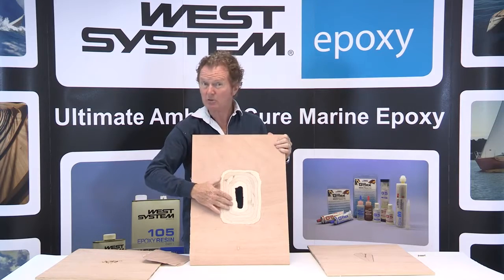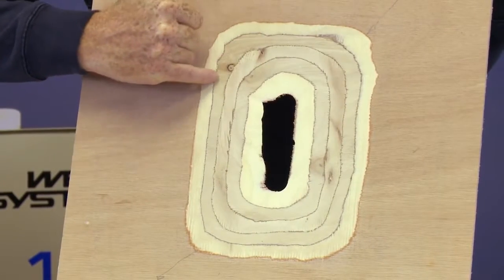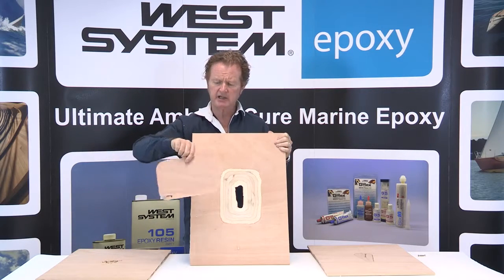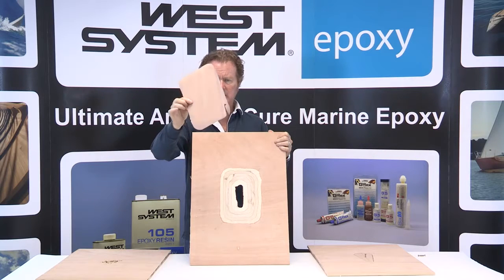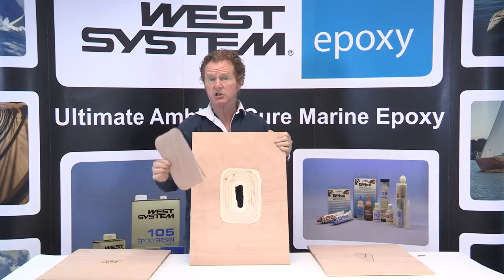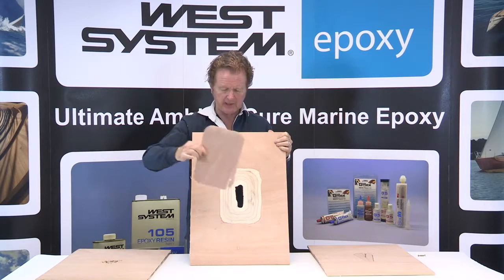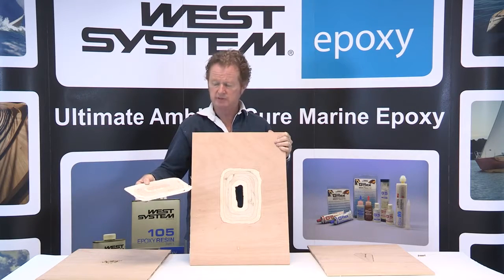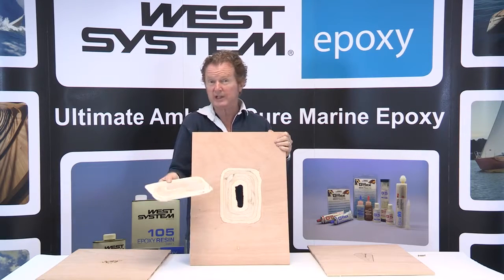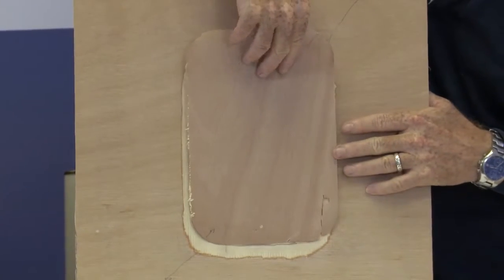By using an angle grinder here and using the contours of the different laminates of the plywood, we can get a good idea of that bevel. And you can see here there's a corresponding beveled infill piece, in fact so thin that the veneer has started to break. Now we would employ two-step bonding techniques here, where we brush both the face of the plug that's going in and the surface of the damage with our resin hardener mix, allowing that to wick in, and it will wick into plywood very nicely,